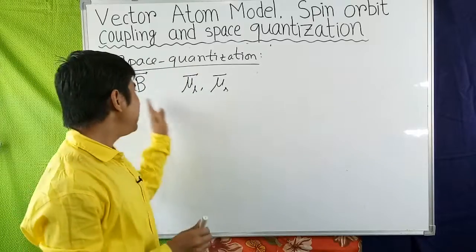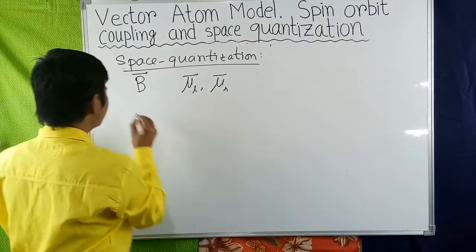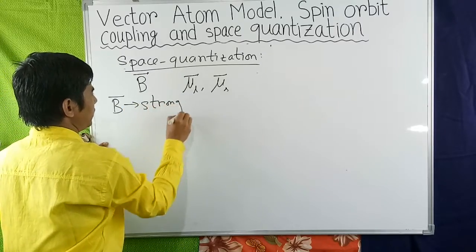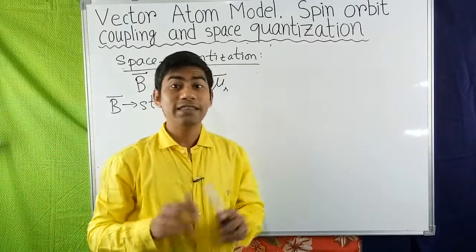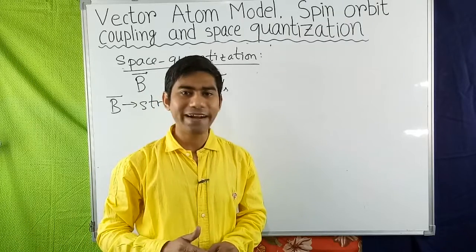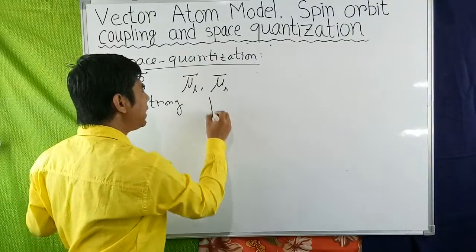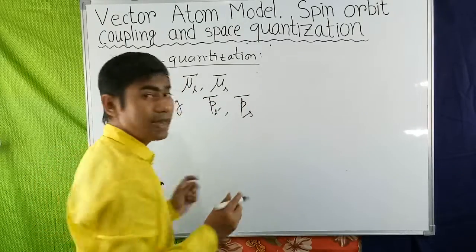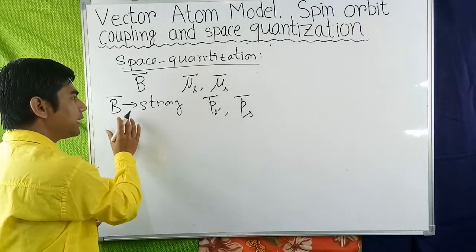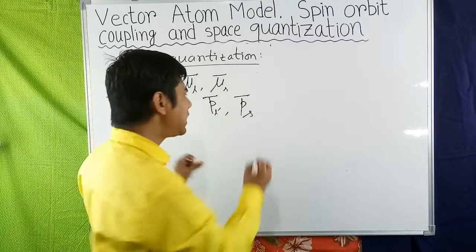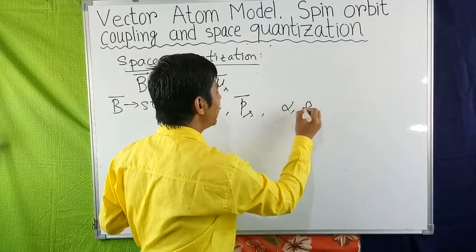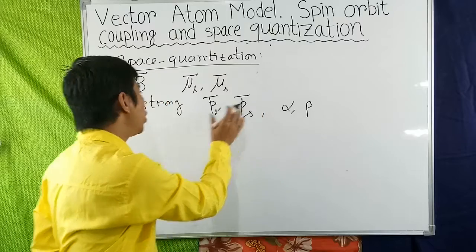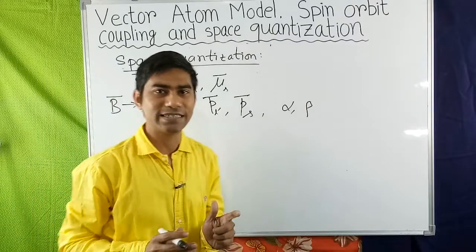Now in case B is relatively strong, the spin orbit coupling will break down and the PL vector and PS vector will precess around the direction of B, maintaining constant angles alpha and beta with B, such that the normal projection of PL and PS on the direction of B is quantized as